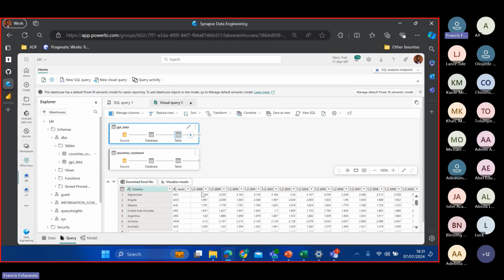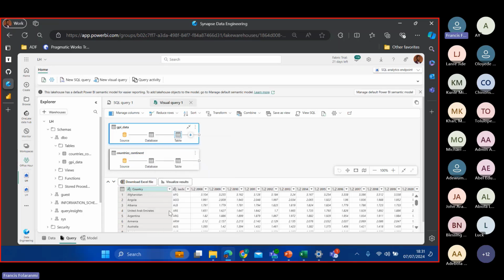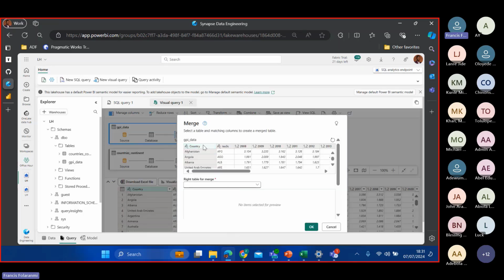Now remember that the only thing we need from this continent data is just the continent being attached to this file. But I can always click on this plus icon right here, then I can do merge, just like you do in Power Query online. If I do merge query, then I can pick the ISO, which is the unique identifier, or primary key in this case, and I can use that to merge my continent and country table. So I pick the ISO also. Then I can click on OK.